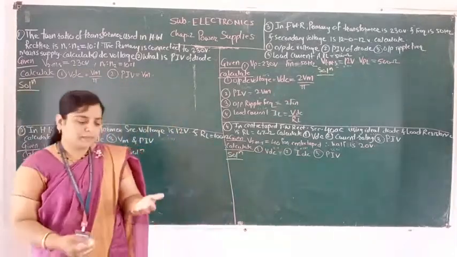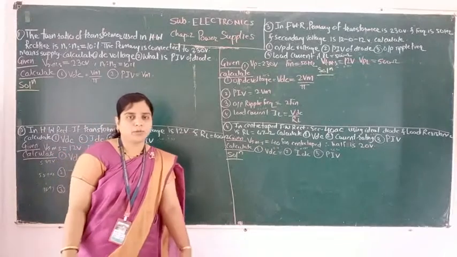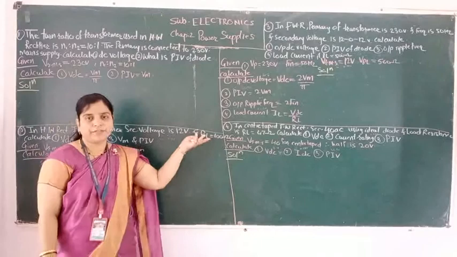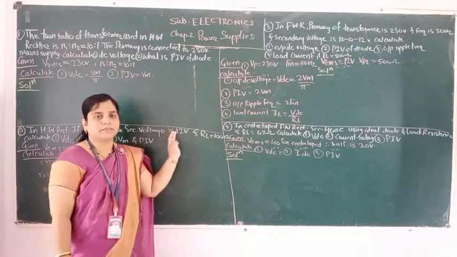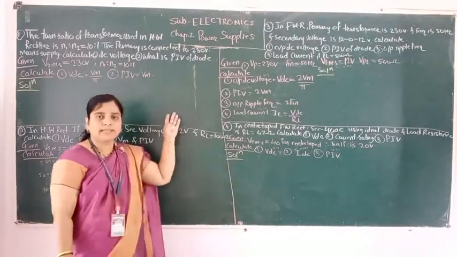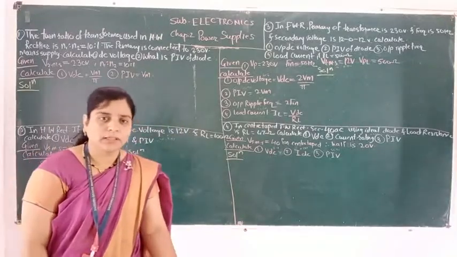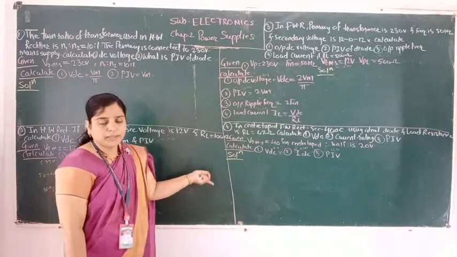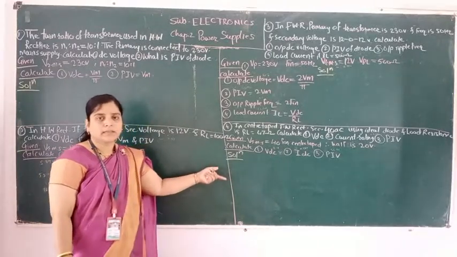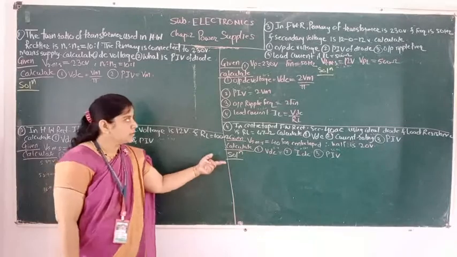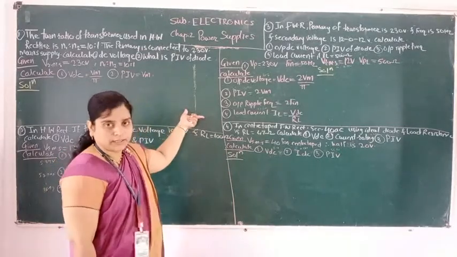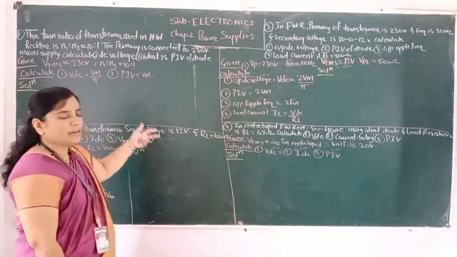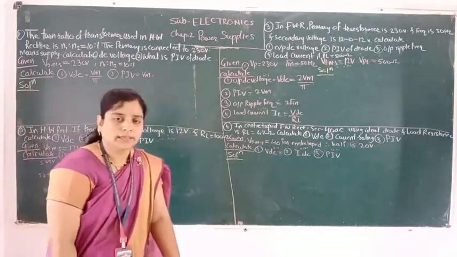We have started the chapter on power supply, chapter 2 from paper 1, isn't it? We have learned the half wave rectifier, full wave rectifier, bridge rectifier and the rectifier circuits. So today we are going to see the examples or numericals on the rectifiers. In the previous lecture we have seen the numericals or examples on regulators or Zener diode regulators. So today we are going to see the examples on rectifiers.